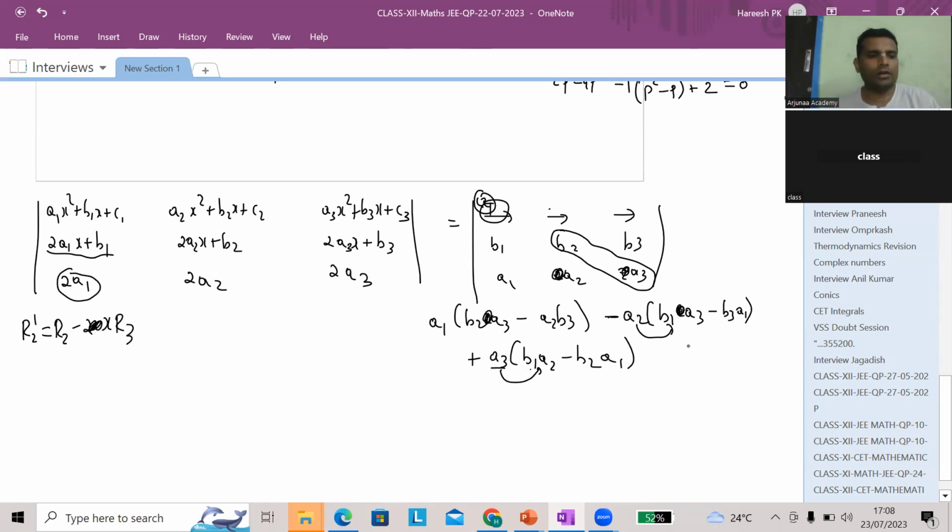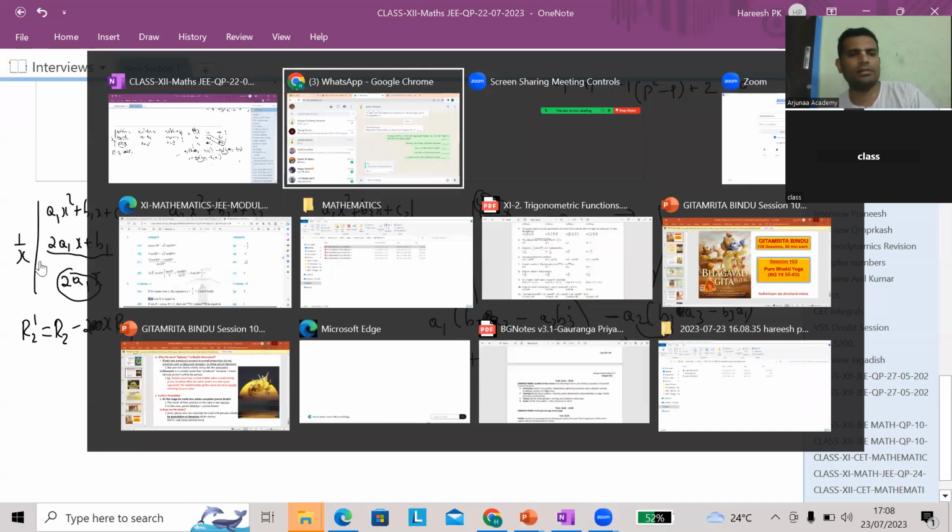here we cannot do R2 minus XR3. First, I have to multiply by X and divide by X also. So, X is multiplied here. Then I have to do. So, X square will get cancelled, is it? Then